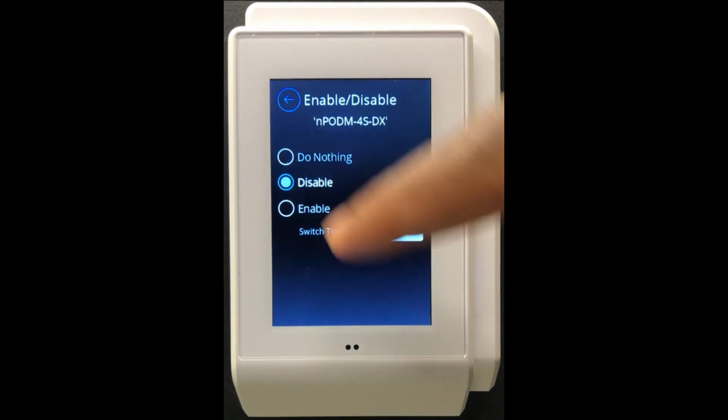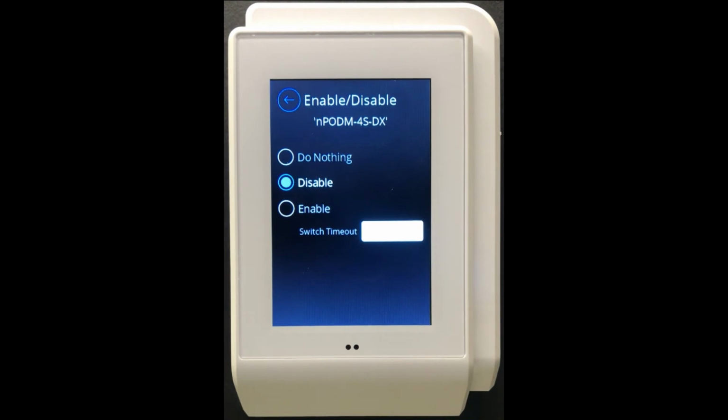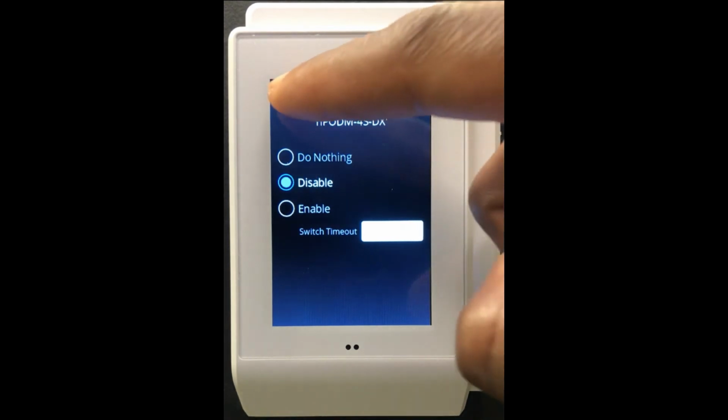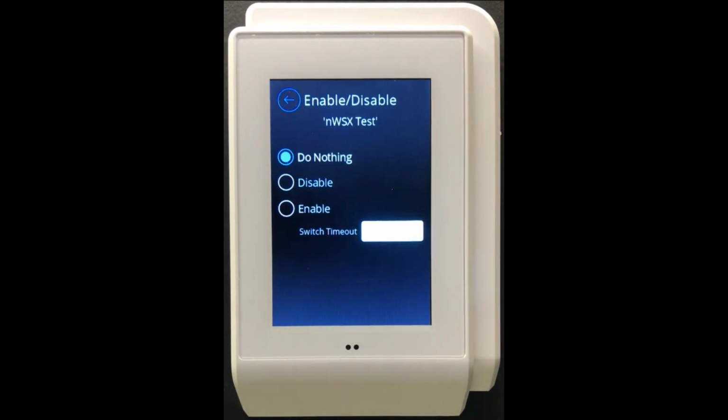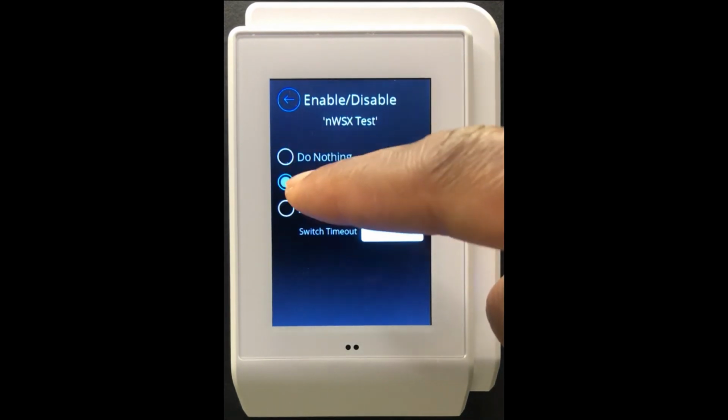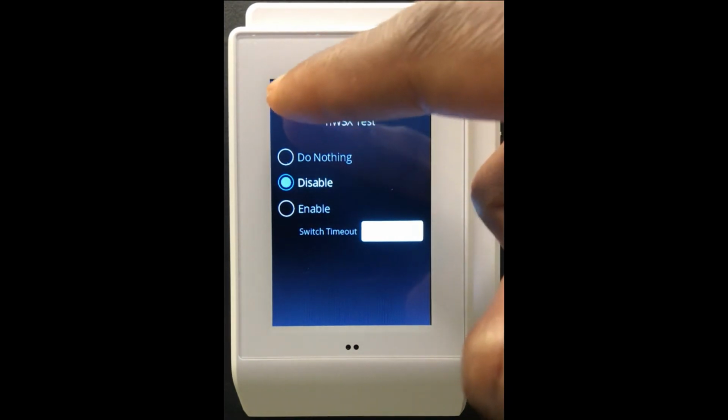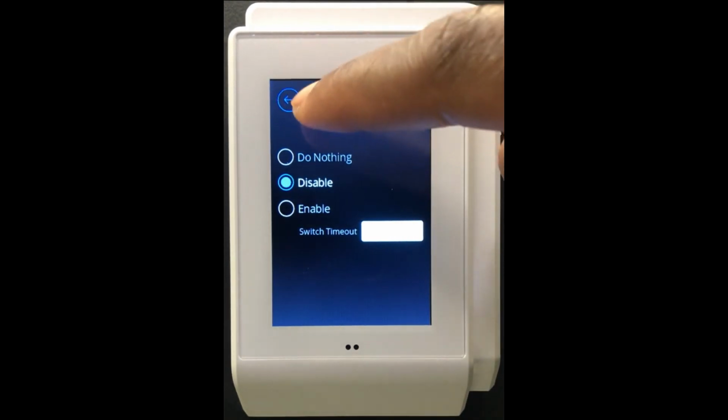So I can come back here and choose disable, and during the time in which this trigger takes place, it is going to disable this 4SDX. I can also disable, let's say, an NWSX, right? One key thing to note with the NWSX is it has switching as well as sensing capabilities along with it. So if I come in here and disable it under the enable disable switches dashboard,